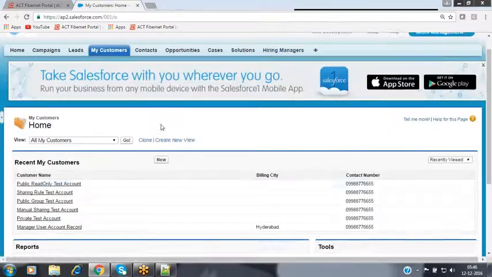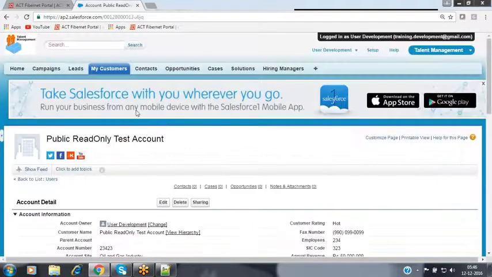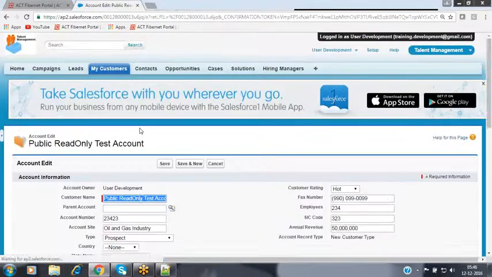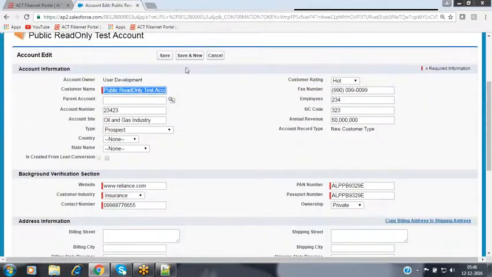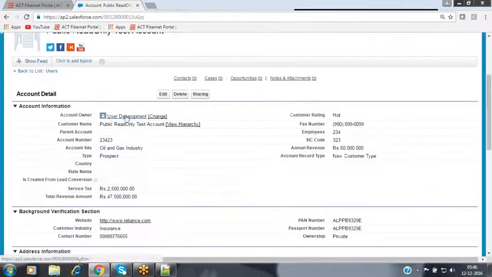Go to the account object and open that account record. He has the edit button, delete button, everything. When you click on the edit button, the record is in editable mode, because he is the owner. The owner of this account record is the development user, so he will have full control over it.